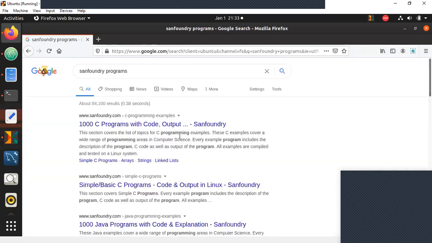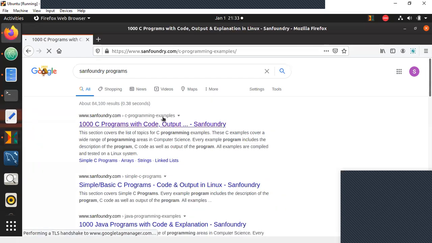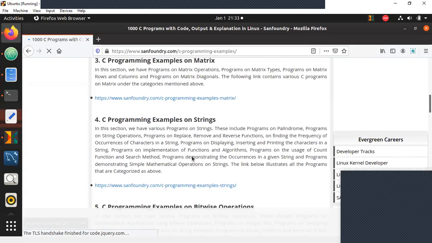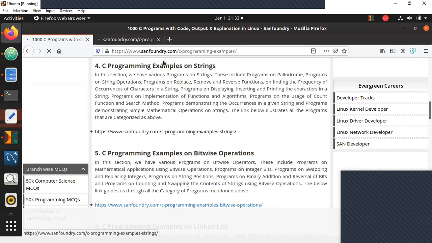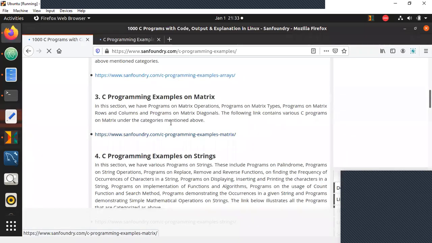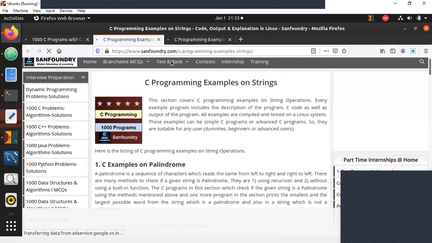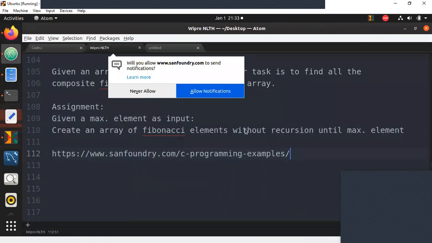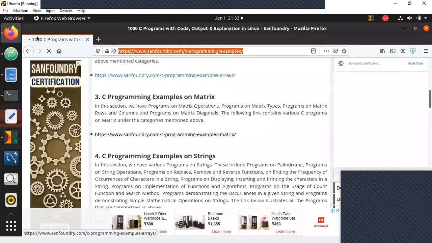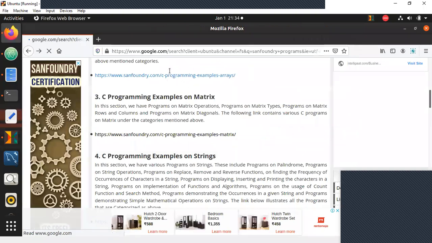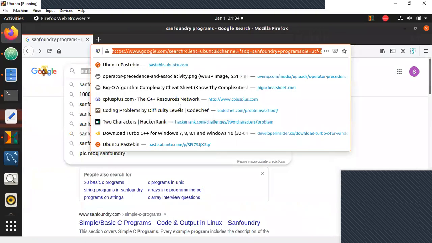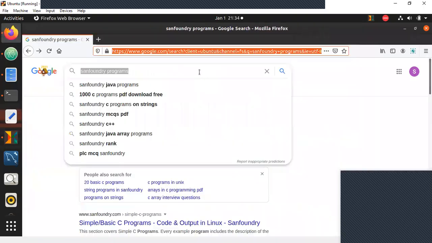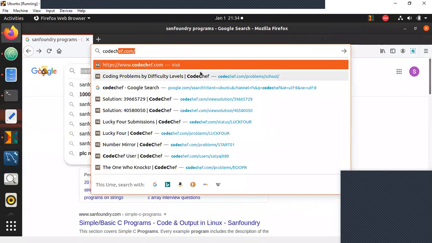I have one question. I'm from an electrical background. Can I use C to solve this? Yes. See, guys, you have 1,000 C programs and everything. There are C programming examples, a lot of programs, like examples on strings and on matrices. You can go through all of this. There are so many of them that you're going to need months together to go through them. So this is one website that I would prefer. I'll share all of them, not to worry. There are a lot of ads on many websites; that's how they earn money, basically. So this is one website that I would suggest. And you have CodeChef practice problems as well.